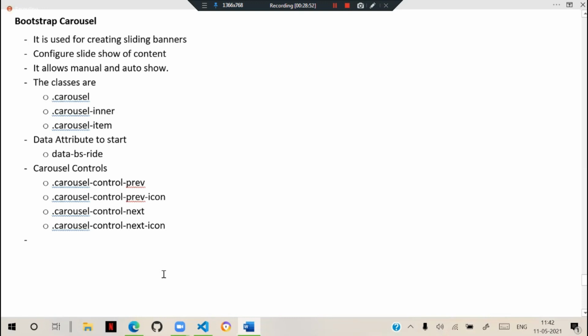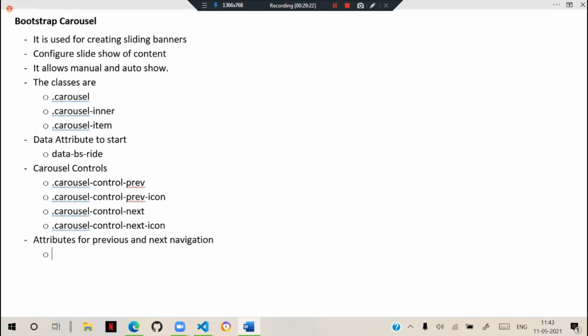These are carousel controls, and to go to a specific slide we have to use attributes for previous and next navigation.